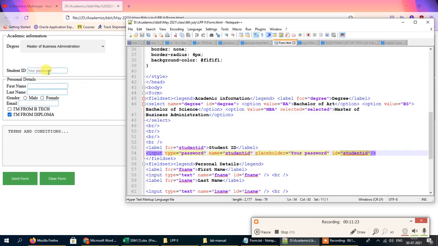And name is usually given when we want to transfer a value, say from one page to another. Say we want to transfer the details of the student from this page to another page. So the details will be forwarded under the name of this particular text field. So for instance, the name of this field is password. Say we want to validate the password in another page. So this password will be transferred from this page to another page by using either do-get or do-post method.